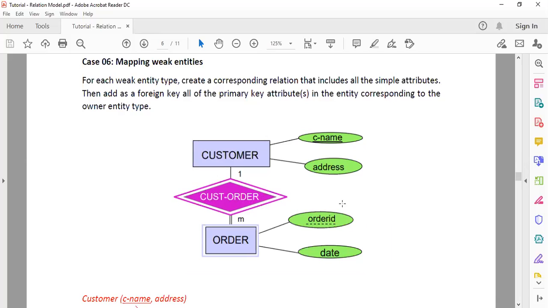So you can see there is a dependency. So the order entity will be considered a weak entity, right? So in that case, you simply